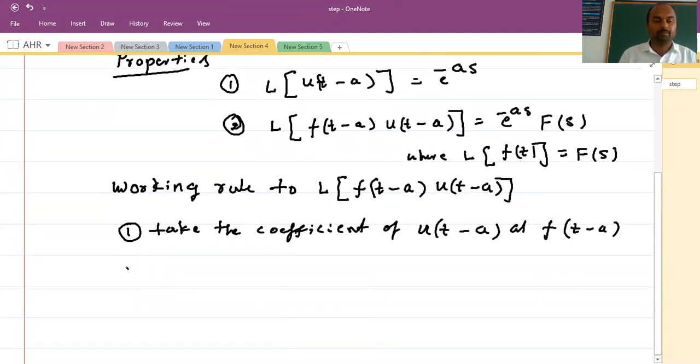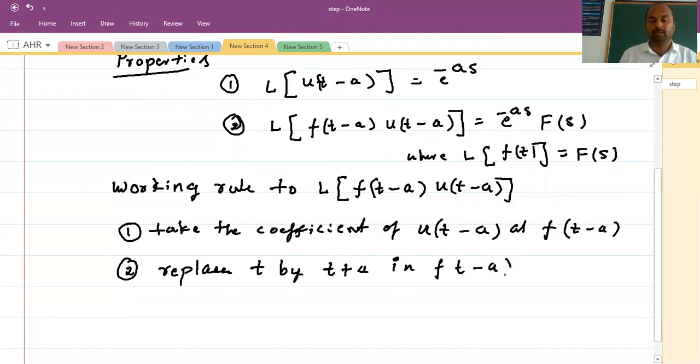Second step, replace t by t plus a in f of t minus a to get